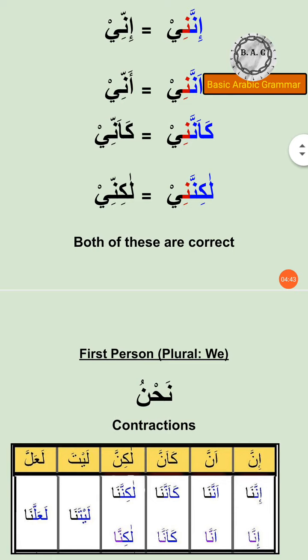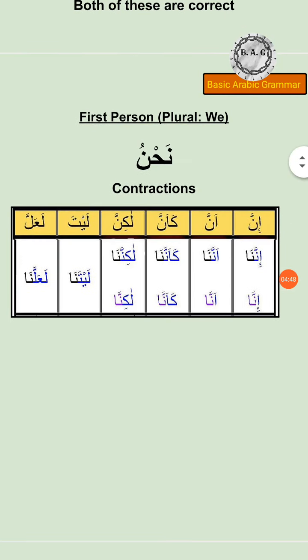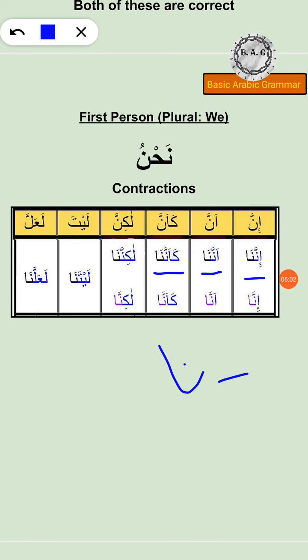Next comes nahnu, which is a first person plural pronoun for we. As you can see, we have innana, because our nasab form of nahnu is na, attached. So we have innana, annana, ka'annana, lakinnana, laytana, la'allana, and I also hope that you know their meanings by now. Just to revise it, inna means indeed, anna is, one of the meanings is that,